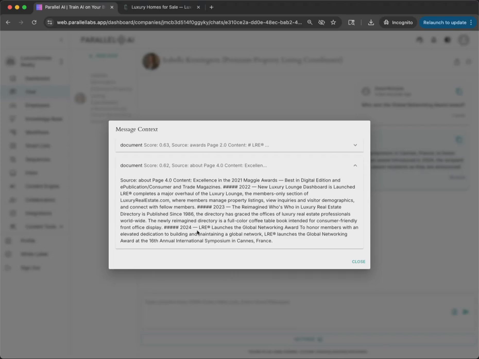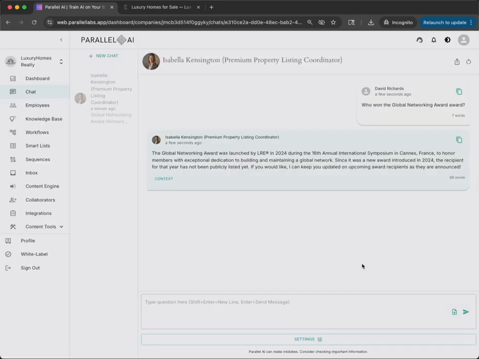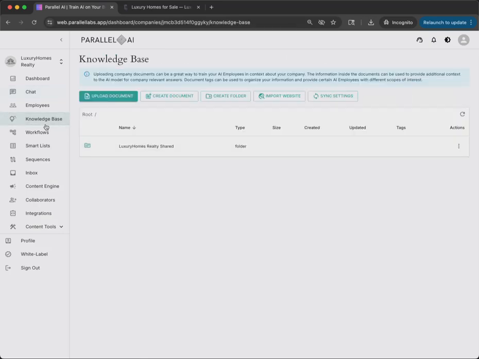So you can see that it recalled that data from the awards document, and now we can pull that into the context and answer questions based on information from the website. That's our first example, pulling in your website, but you can also